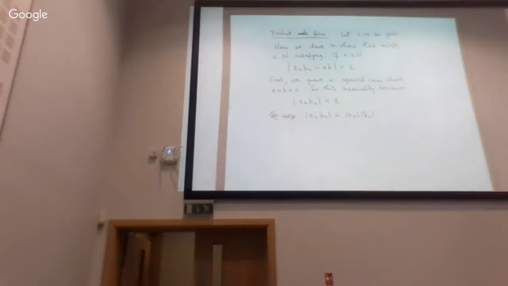Now, both of these sequences are converging to 0. So I'm free to make them as small as possible. I'm free to wait around, and eventually I'll observe the absolute value of a_n getting arbitrarily small, and the absolute value of b_n getting arbitrarily small. So what degree of smallness should I wait around to observe in a_n? And what degree of smallness should I wait for it to occur in b_n? I want to wait until I see the situation such that when you multiply them together, you get something less than epsilon.